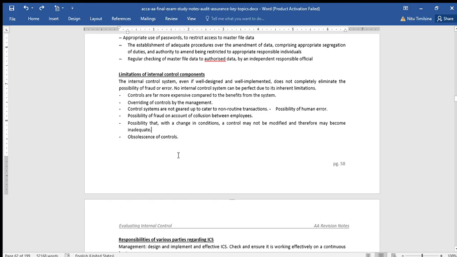Okay, so we can see the exam structure: for each control issue, we have to give the deficiency, what is wrong, and an explanation of why it is a problem. We have to give a recommendation on how to fix it. And fourth, the test of control, how the auditor checks it.